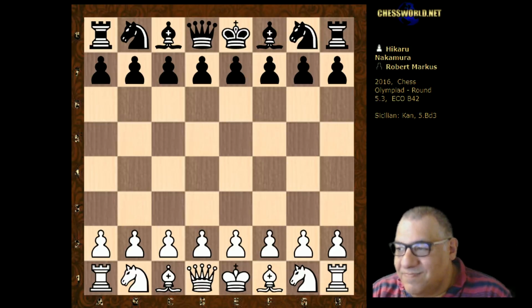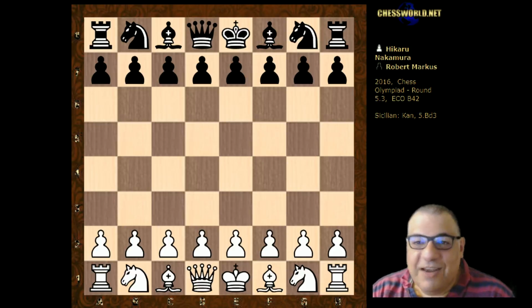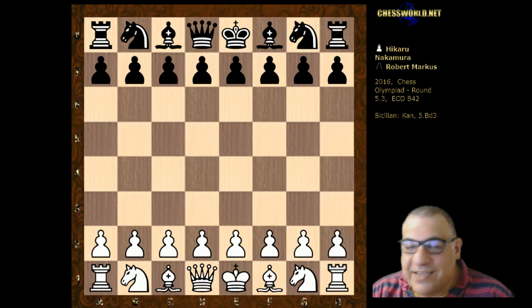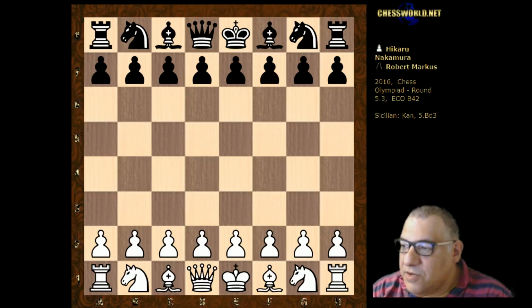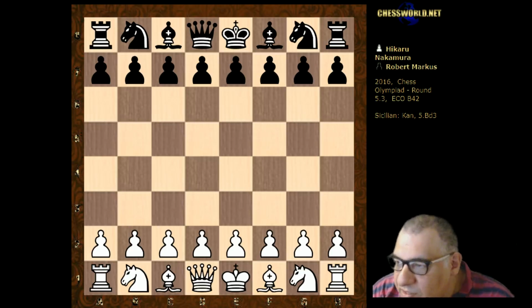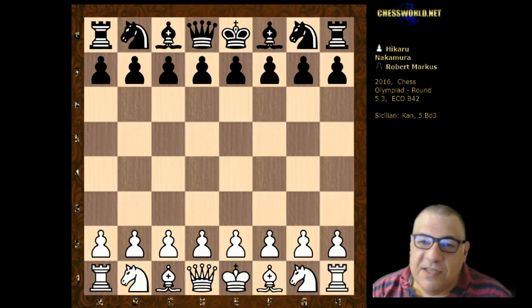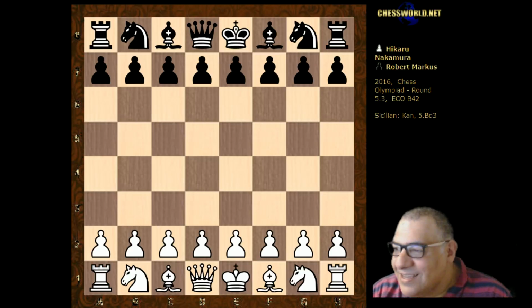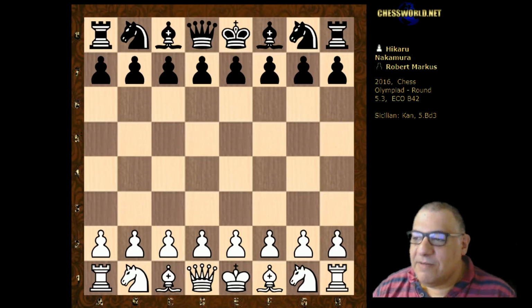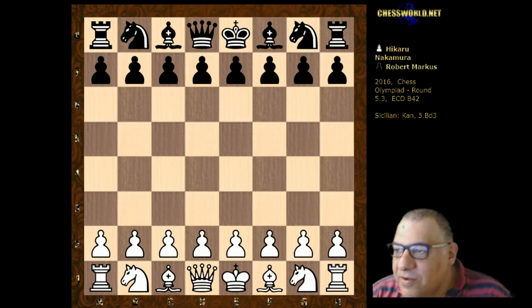They had Caruana on board 1, who's 2808. Nakamura on board 2. Wesley So 2782 on board 3. Nakamura only 7 points higher than Wesley So, so 2789. Ray Robson is the bunny of the team, of the USA team, 2674. So they're up against Serbia in this round, and Ivanisevic was